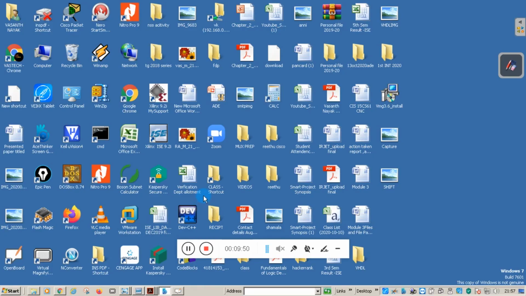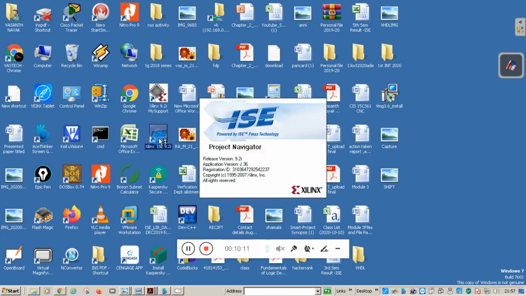Students, as I told in the previous session, to implement this code in Xilinx, we use the Xilinx software tool, that is nothing but Xilinx Design Suite. Depending on the version, you will get the icon on the desktop. Double tap the icon, and it will open the Project Navigator.